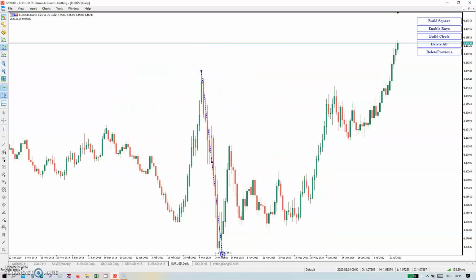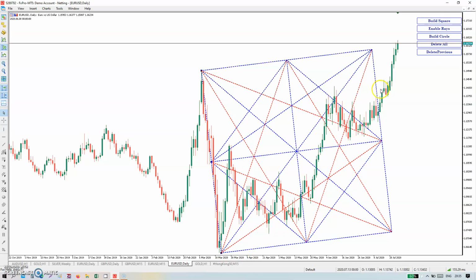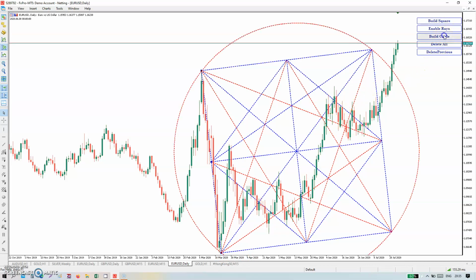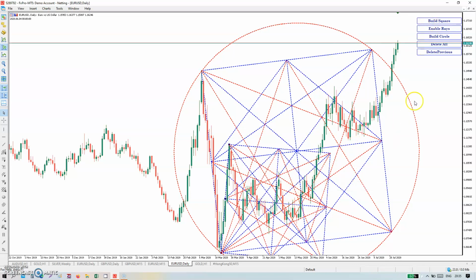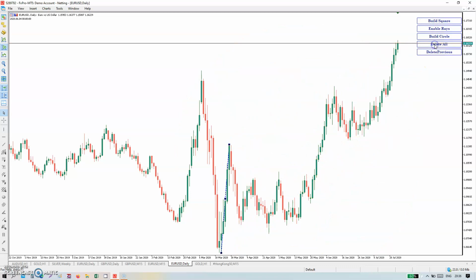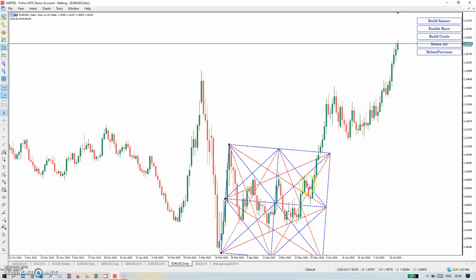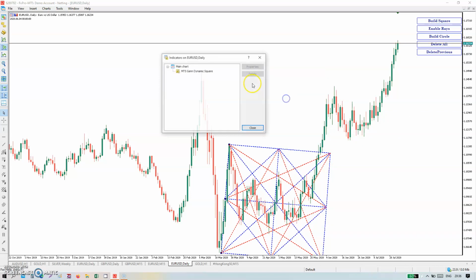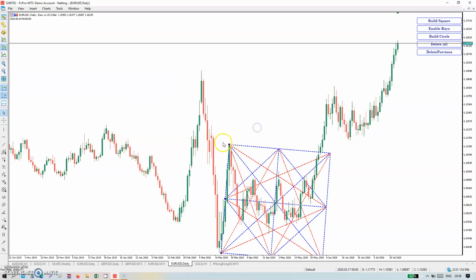But if you take some time and try to find out your chart scale, it's very easy to find out. Right now it's completely fine-tuned, the product and our parameters. Okay, it's all about GAN box. So in the daily time frame, currencies and all, you can do that kind of thing.